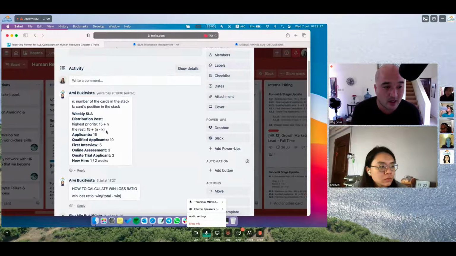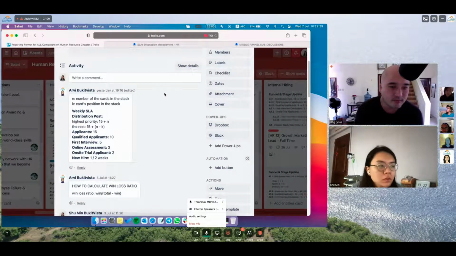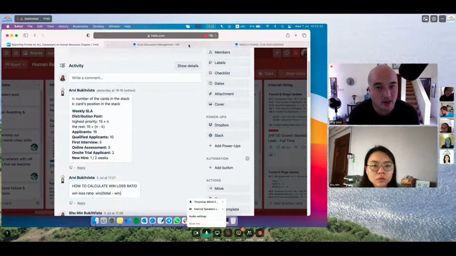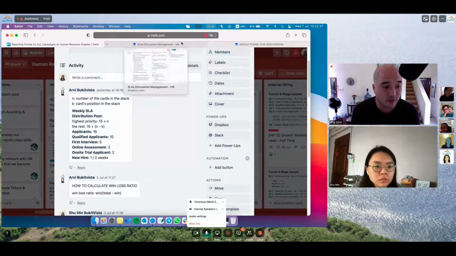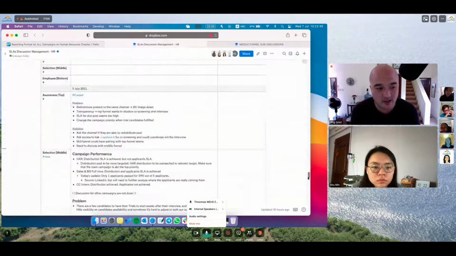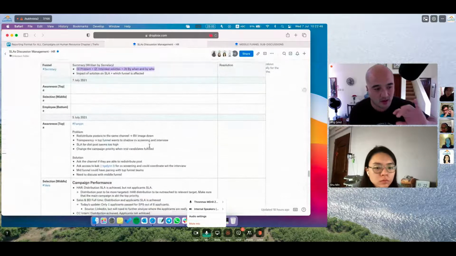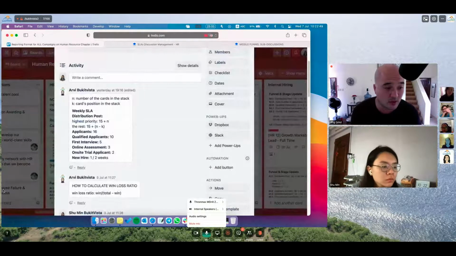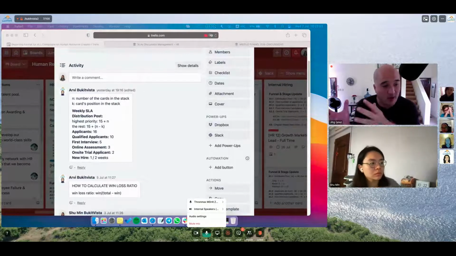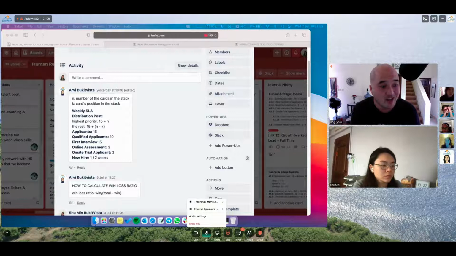Let's say high quality is maybe like a guest lecture, something that is very targeted. Low quality is maybe a job board. So we can classify the types of distribution that we do. Once you have that, you look at the proportion that first priority gets of each particular resource. So let's say first priority gets maybe 50% of all three levels: 50% of the highest quality, 50% of the middle, 50% of the lowest quality type of distribution. That's how we show that we're really committed to this particular campaign.